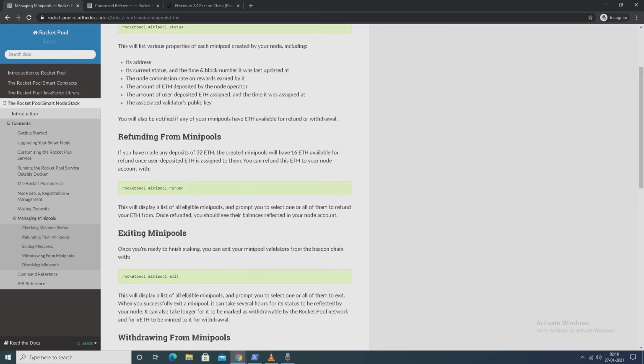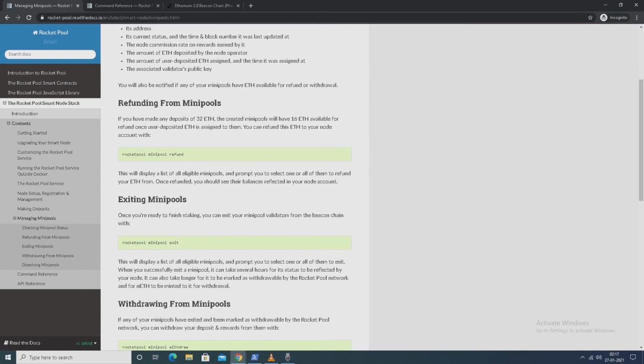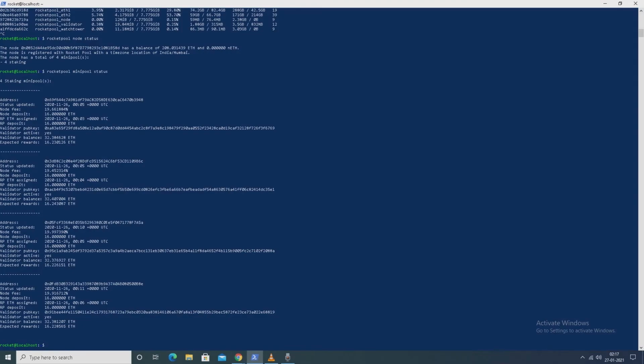So what we want to do is to exit the minipool. Rocket pool minipool exit is the CLI command needed. So let's type over here. Let's see what happens.